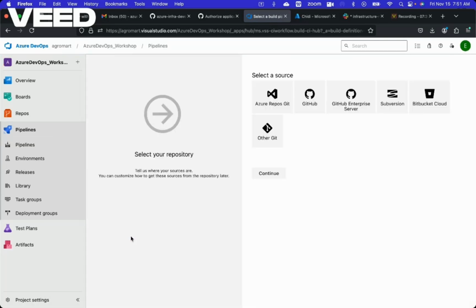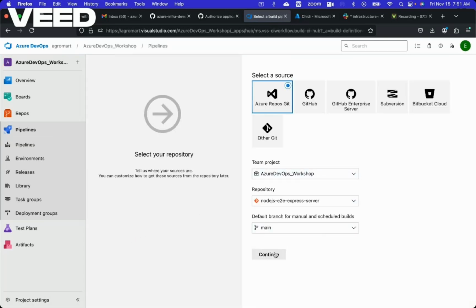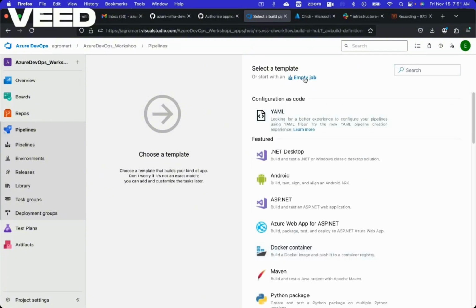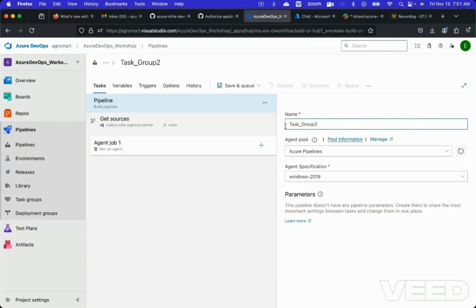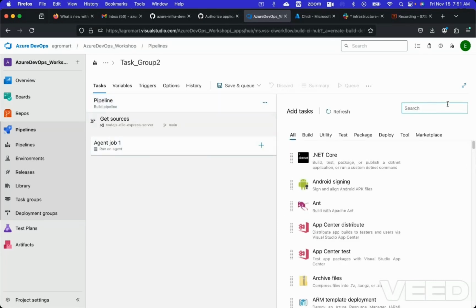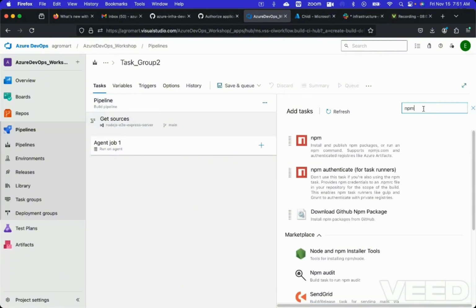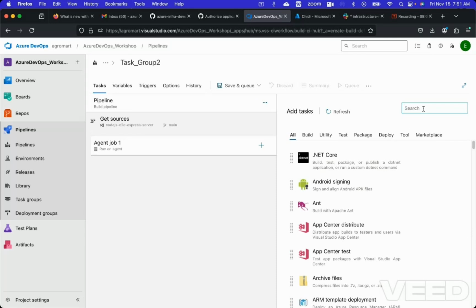We're going to use a class template, the same parameters, and we'll use empty. So on this we say task group, we can name it task group 2. And then to add the task here, initially we did npm and we did npm and then publish. But now we will just have to select the task group,